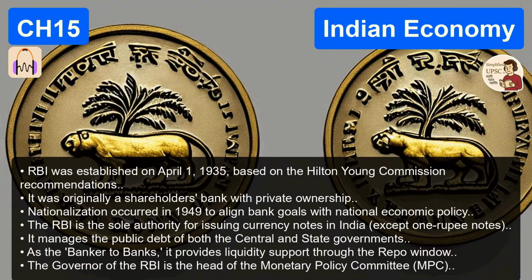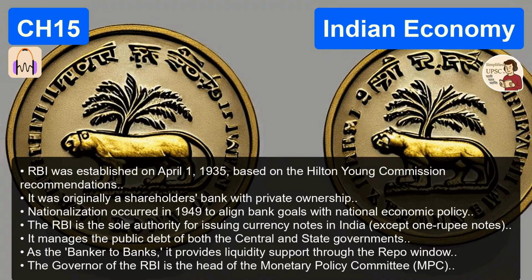And overseeing this entire circus is the apex body, the Reserve Bank of India. The big boss, the regulator. When did the RBI actually come into the picture? Because I feel like it has just always been there. It feels that way. But it was established on April 1st, 1935, under the Reserve Bank of India Act of 1934.